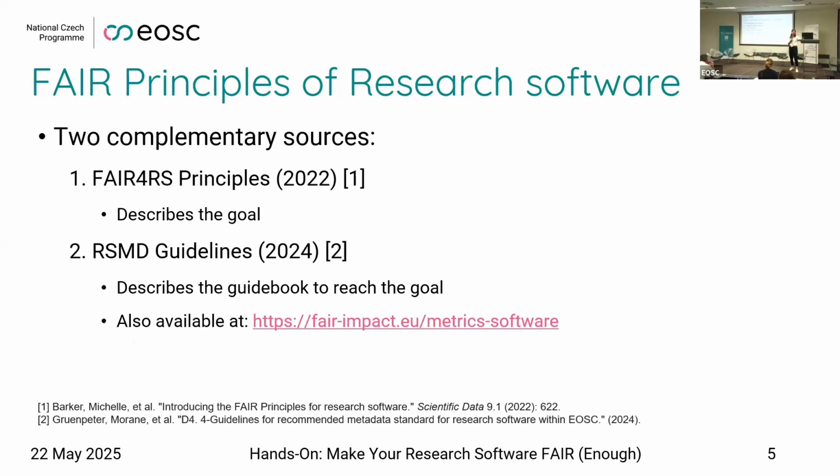So the two publications that introduced fairness for research software: first was the FAIR for Research Software initiative, which in 2022 published this open paper about these FAIR research principles. You basically have a list of what these are and how they relate to the FAIR acronym. And then 2 years later, these RSMD guidelines were published, and you can also access them through Zenodo and also through this link,